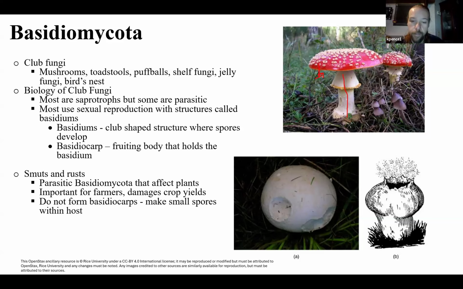Most of the Basidiomycota do not form parasitic relationships. They're mostly saprotrophs. There are a few though. We have the smuts and the rusts. If you notice plant leaves with a brown, metallic-looking structure on them, it kind of looks like rust. That's going to be a fungus, and that fungus is destroying the leaf. A smut is kind of a mushroom that grows in corn. It has the ability to take over and destroy a corn crop.